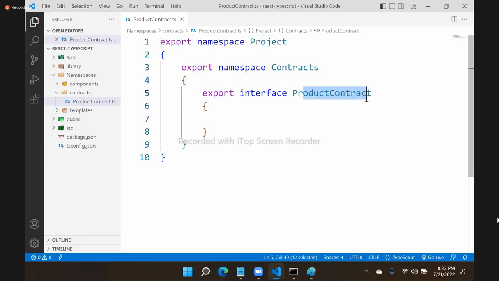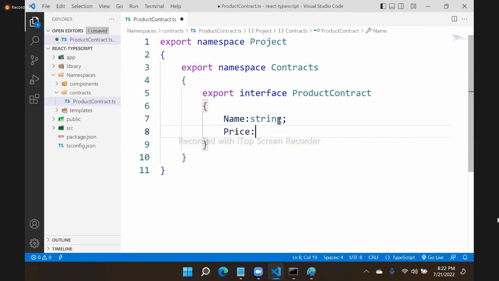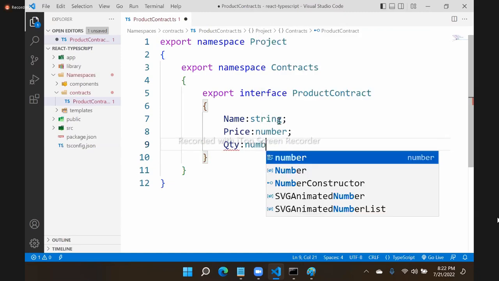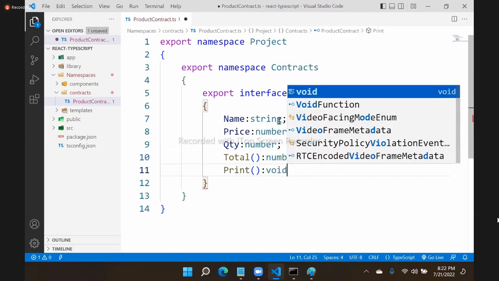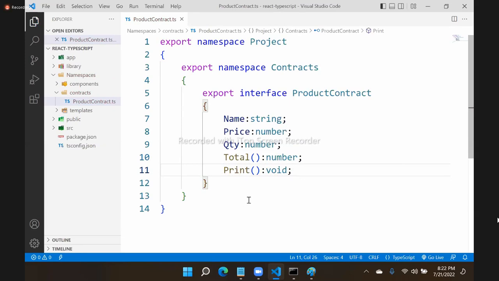Now, how to access this with the reference of contracts? In contracts, project. Now, in this, we are defining name as a string type. Price is a number type. Same with quantity, a number type. And we have a total, so it is a method of number type. And we have a print, a method of void type. All these are defined. All we are configuring and defining it. Right? Now, important is in this approach,